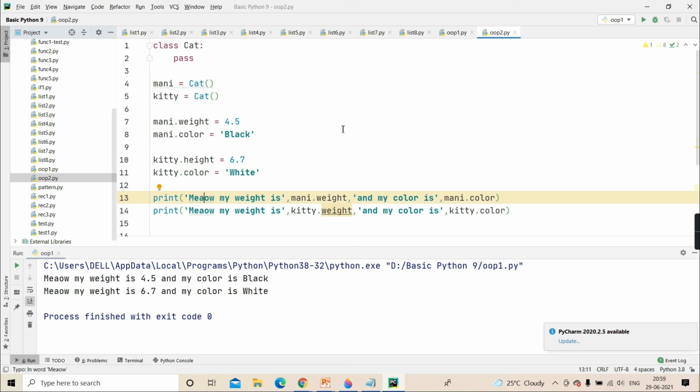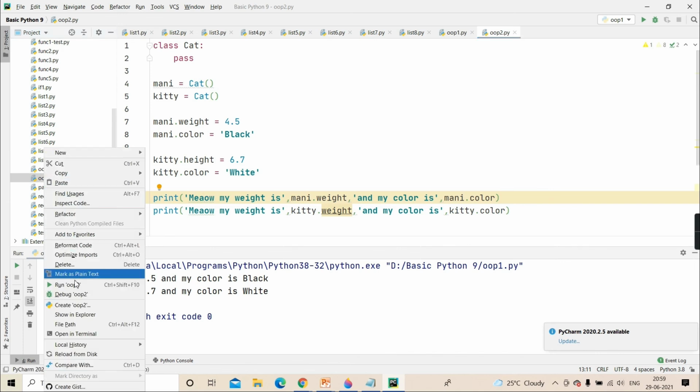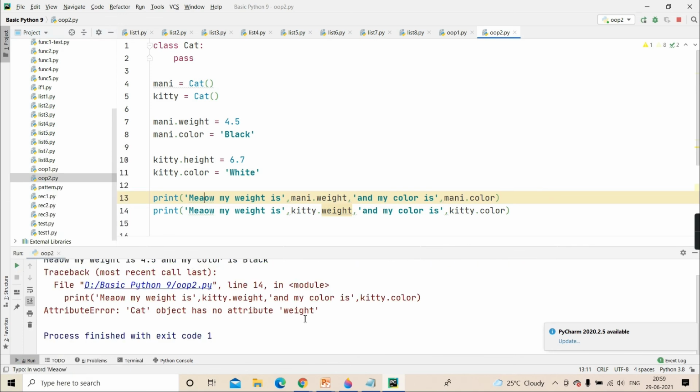Getting? See, an underline has already come because PyCharm is smart enough. A lot of work it does already. See, if I run this, it will throw an exception. Is it throwing AttributeError? It is saying that the Cat object has no attribute weight. For whom is it giving it? For Kitty. For Money it didn't give.